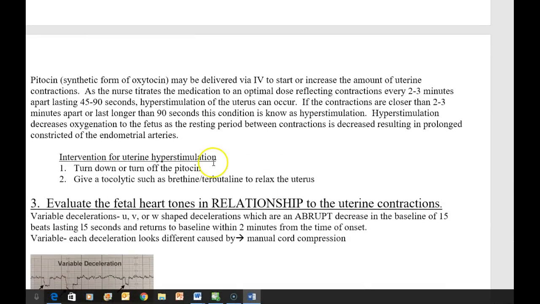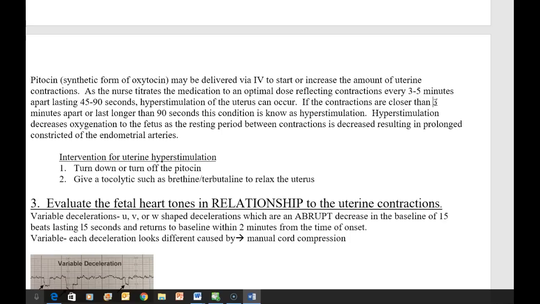You guys, if we were trying to get someone to go into labor and we did an induction of labor, we used the drug called Pitocin. We can give it IV. The nurse can titrate this, and what's funny is these have changed. These are every 3 to 5 minutes. So you would never want the